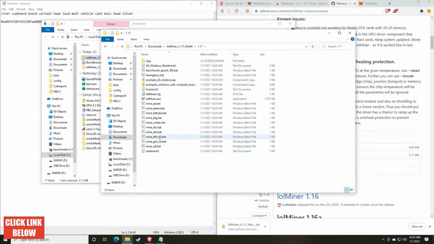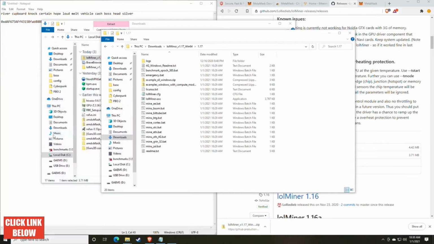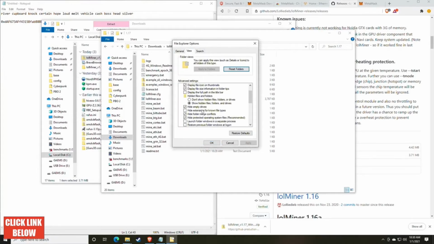There are some pre-configured batch files here, and they are preceded by .bat. If you do not see the .bat or the .txt, these are known as file extensions, and you will need to go into your folder options to be able to see them, and this will be important later on. So what you'll want to do is go down to your Cortana search bar and search for File Explorer Options. Once you have that, you'll click the View tab,